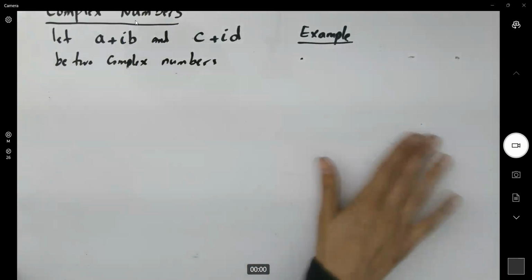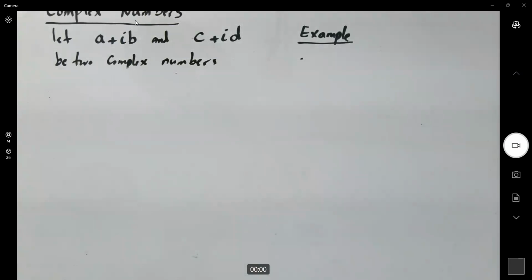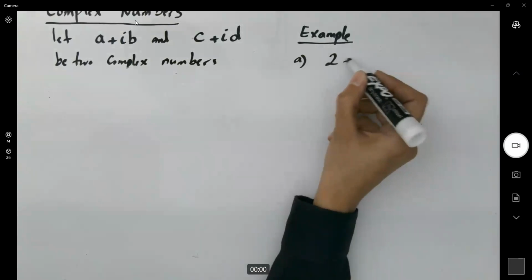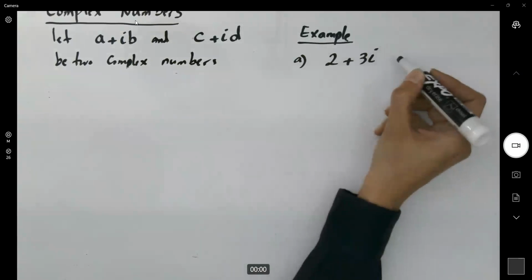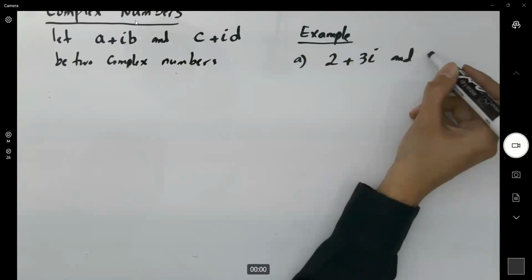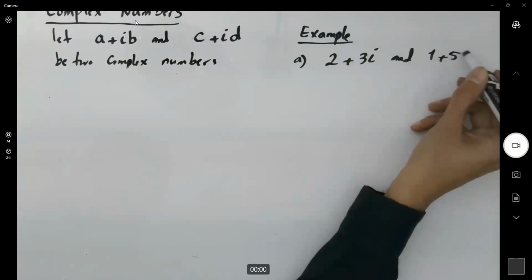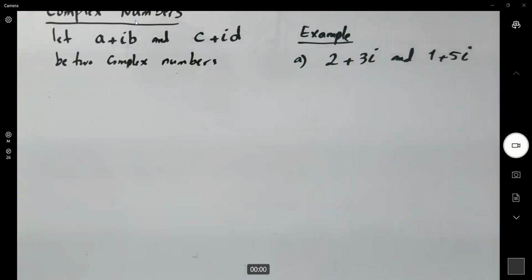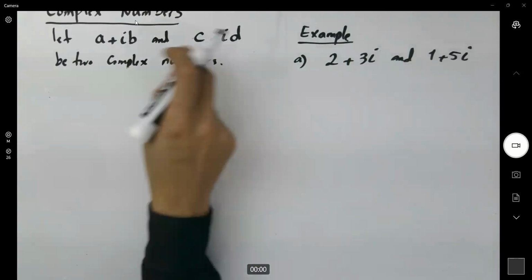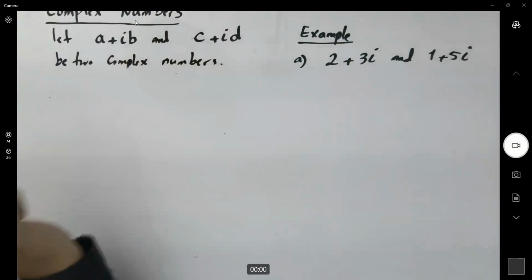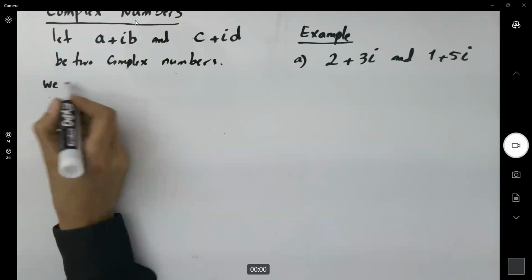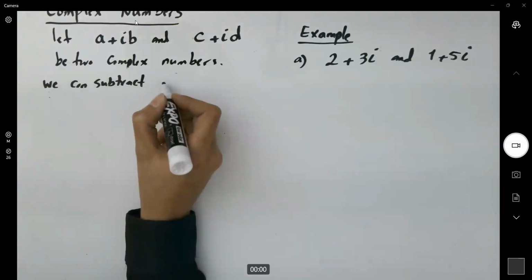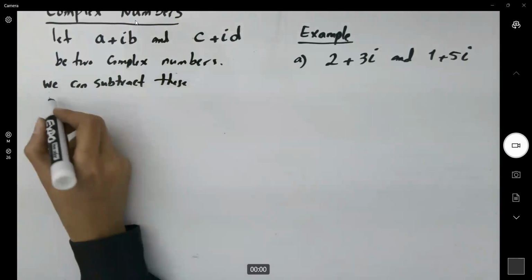Suppose you have two complex numbers, like the very first complex number is 2 plus 3i, and the second complex number is 1 plus 5i. I have two complex numbers. We can subtract these two complex numbers, but we should be careful. We can subtract these numbers,